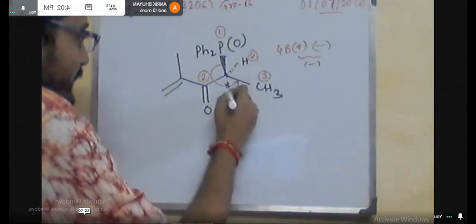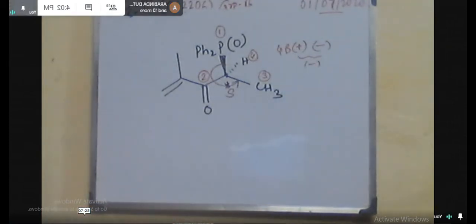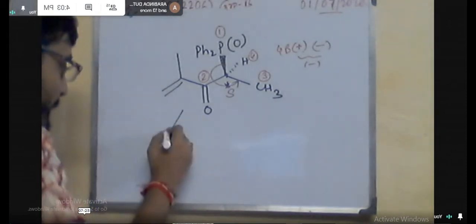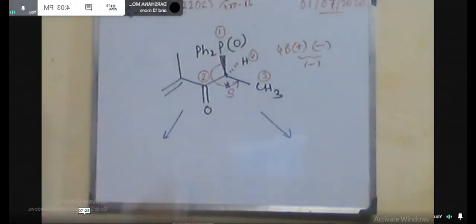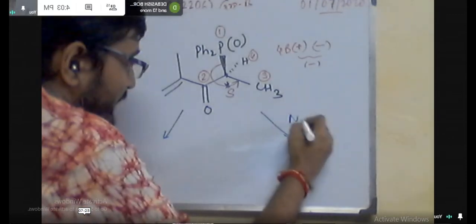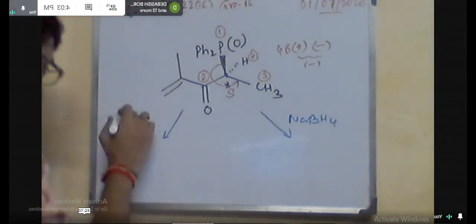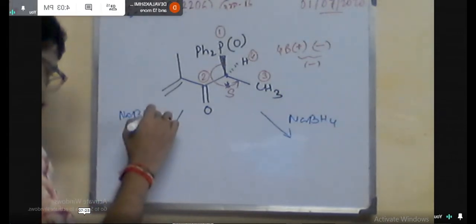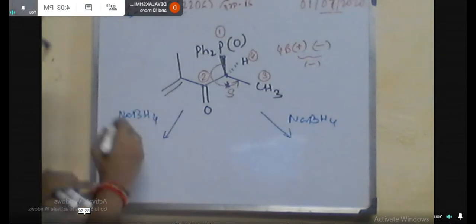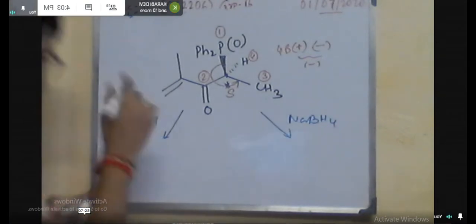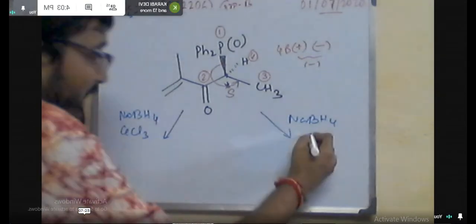It may be sodium borohydride, it may be lithium aluminum hydride. So if it is the absence of the reducing agent, then we will just assign the positions. This is methyl, this is the small group, and this is the large group. So according to the Cram model, the large group will be in the anti-periplanar conformation. Okay, so anti-periplanar conformation means